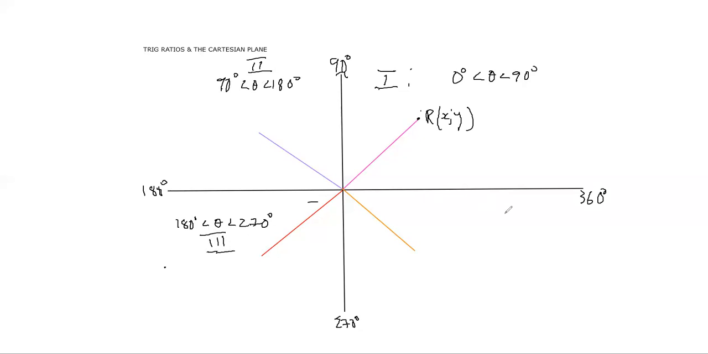And then finally here we have theta between 270 and 360 degrees. Whether you include the endpoints or not doesn't really matter. I just prefer to use open intervals at this point. Okay, now